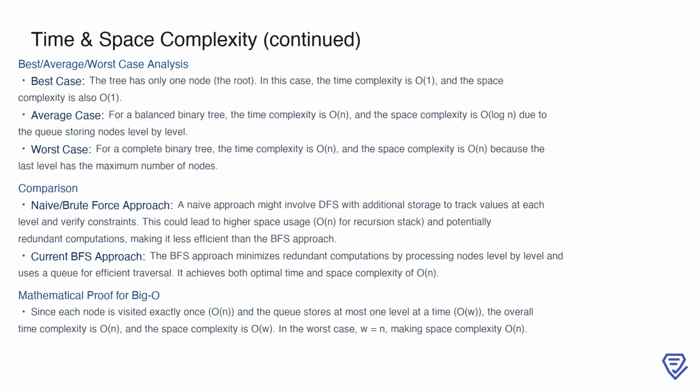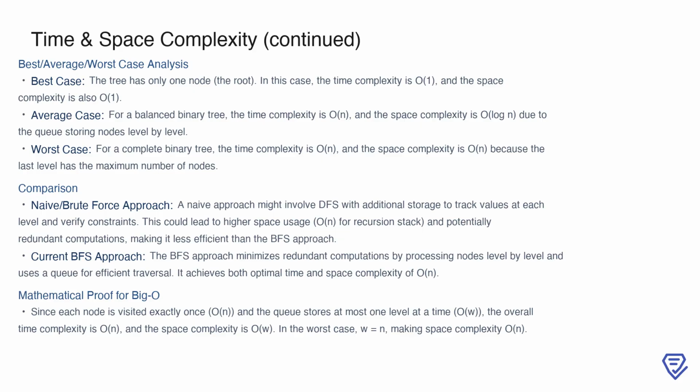to store. In the average case, for a balanced binary tree, the time complexity remains O(n), because all nodes are visited, but the space complexity improves to O(log n), since the queue only needs to store nodes level by level, and the number of nodes at each level decreases logarithmically. For the worst case, in a complete binary tree, the time complexity remains O(n), but the space complexity becomes O(n), because the last level has the maximum number of nodes, which is proportional to the total number of nodes in